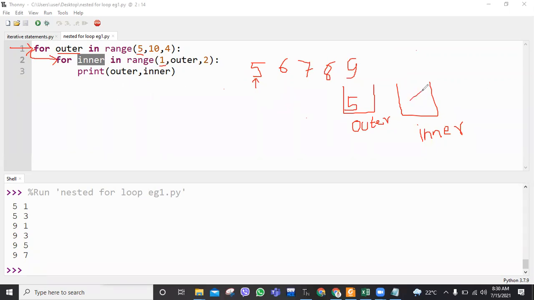So inner will be initialized with 1. This is the first iteration. Now your program controller gets inside the inner for loop body. Here this print statement will simply print the recent values of outer and inner. So the outer value is 5 and the inner value is 1. This is the first iteration.